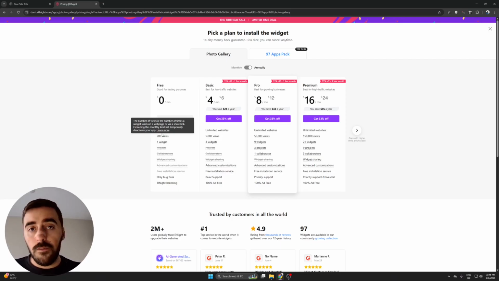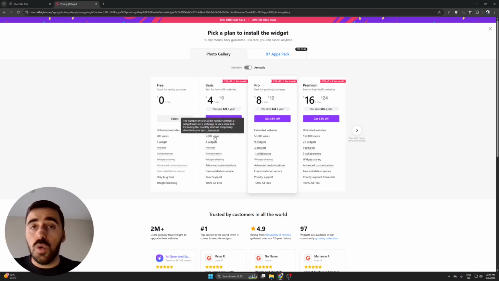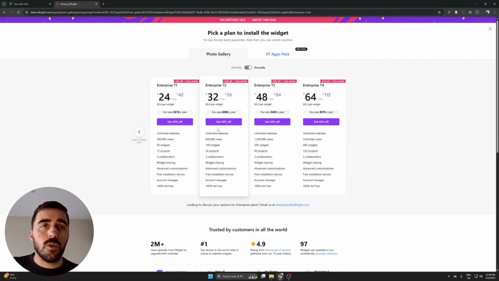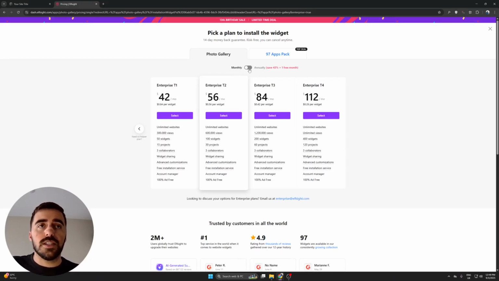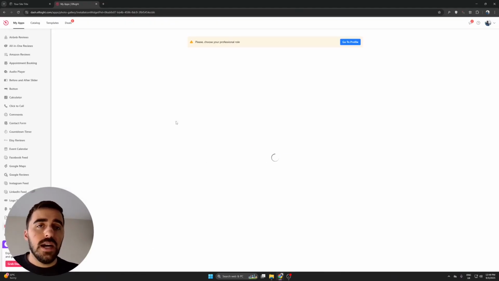Alternatively, if you want to unlock more functionalities, such as have more than 1 widget from Elfsight on your Squarespace website, if you want to remove any of the adverts that might be displayed, or if you want to get more than 200 views on your carousel, then you can obviously go for one of the premium plans right here. So you can see they have quite a few different options to choose from. And if you decide to pay annually, you also get to save quite a bit of money as well, which is pretty nice. But yeah, go ahead, choose the plan that works best for you,